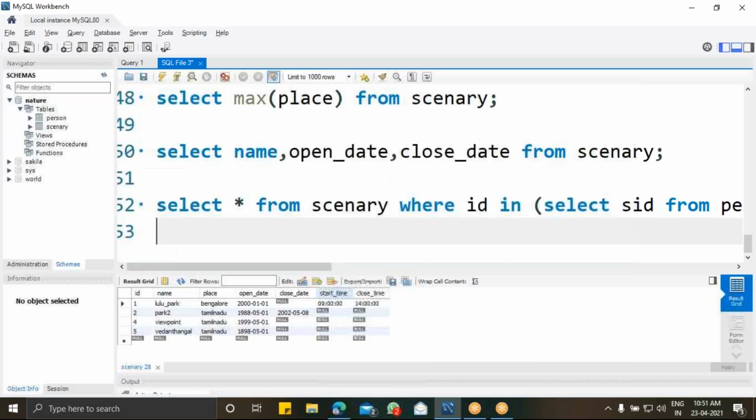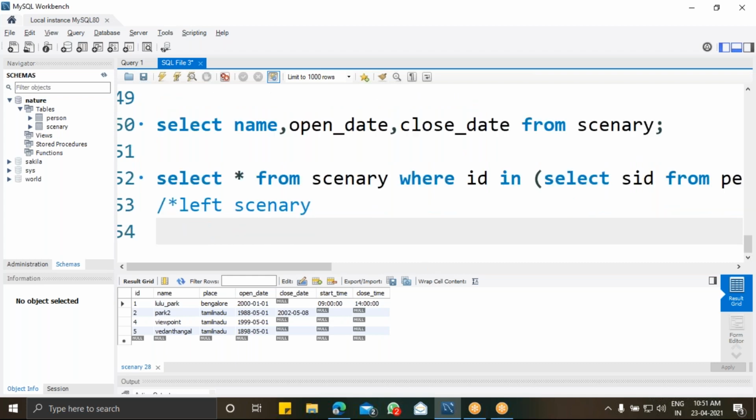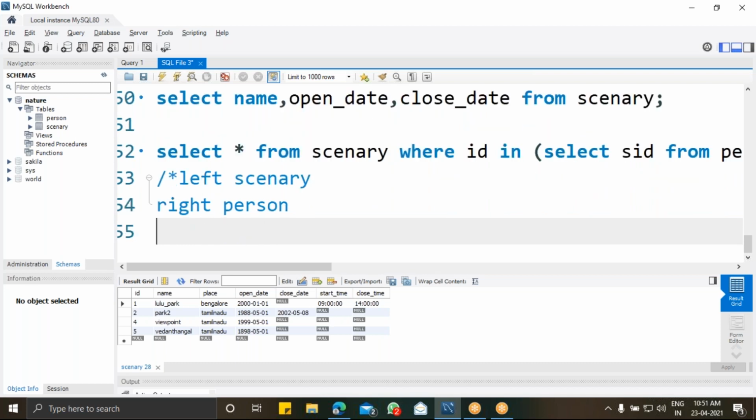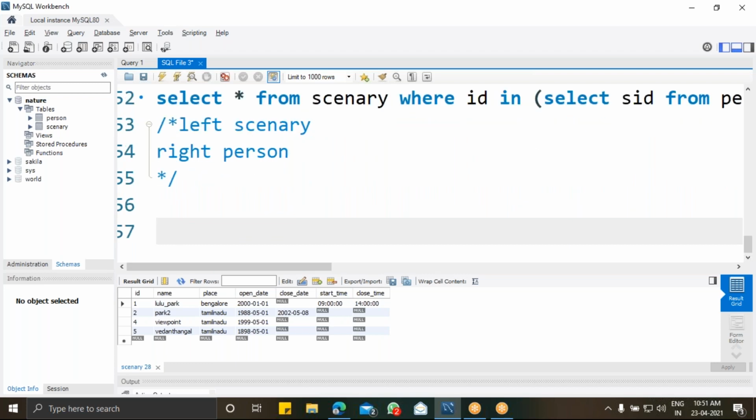So here we can use it. So what I'm going to do is I'm going to keep my left table as scenery and my right table as person. As you can see, there are different fields here. So now what I'm going to do is I'm going to join both these tables. So I'm going to use an example as inner join.